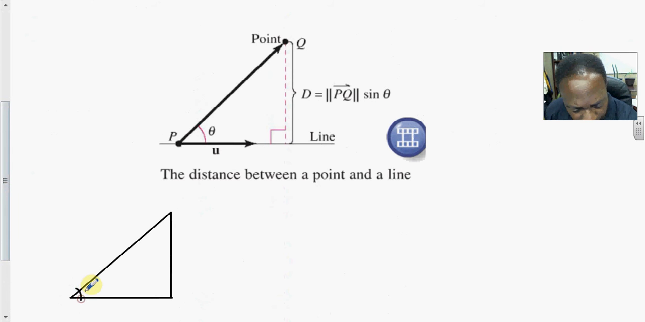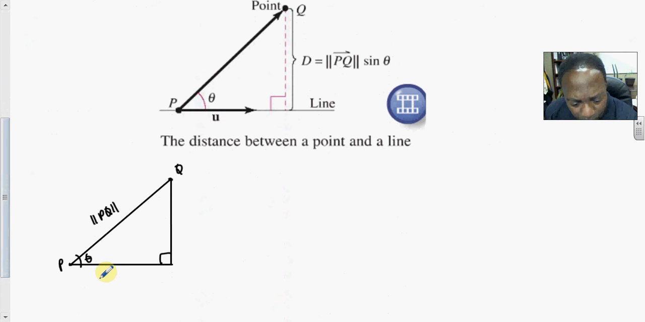So we have some angle theta. This is the point P. The point Q is here. So this is the line segment, and its length is the norm of PQ. And down below is this vector U with magnitude, or length, the norm of U. If you take this to be h, the height, then we can calculate something. We know here that